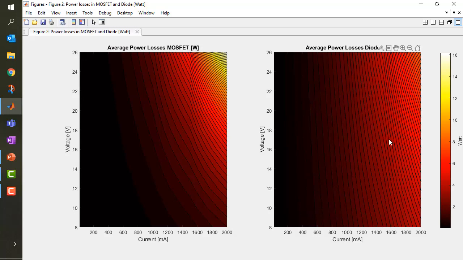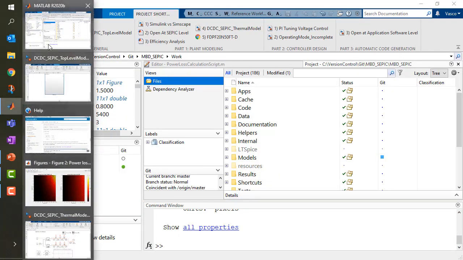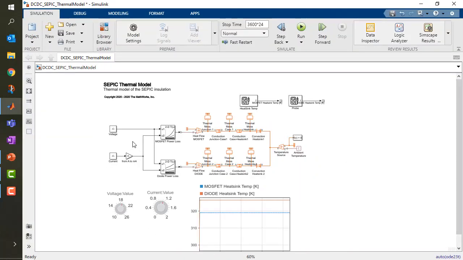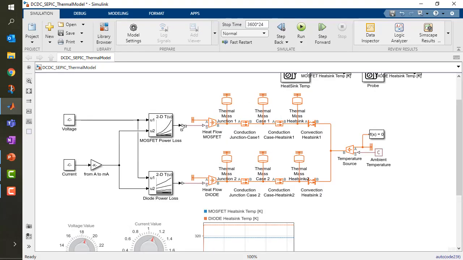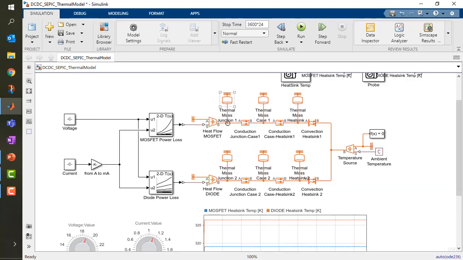current. The diode is a bit more difficult. We can see that actually the power losses are very much dependent on the current and not so much on the voltage. We can reuse these tables in software in a specific model built for thermal simulation. You can see here I feed my voltage and current as a desired operating region. I'm recalculating the power losses using a lookup table, and I'm feeding them into a physical network which replicates my